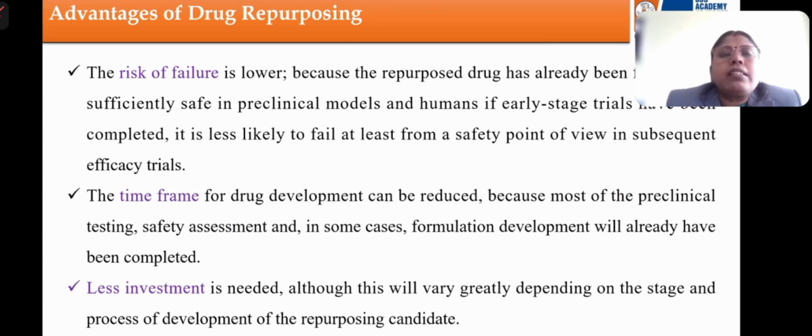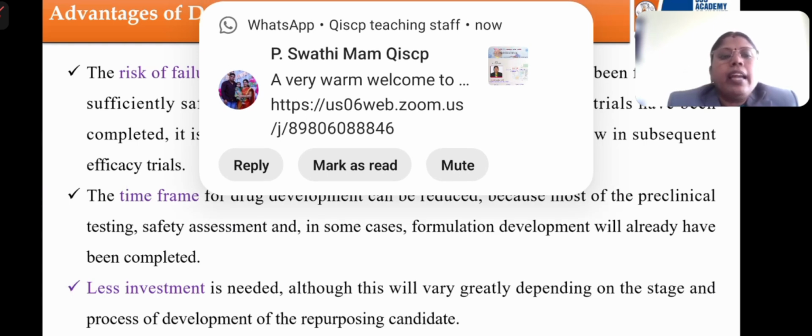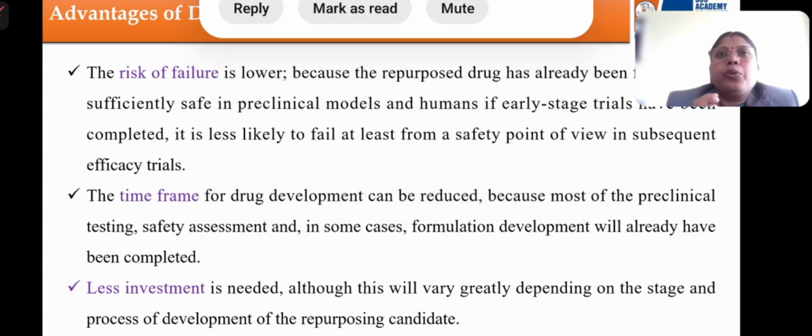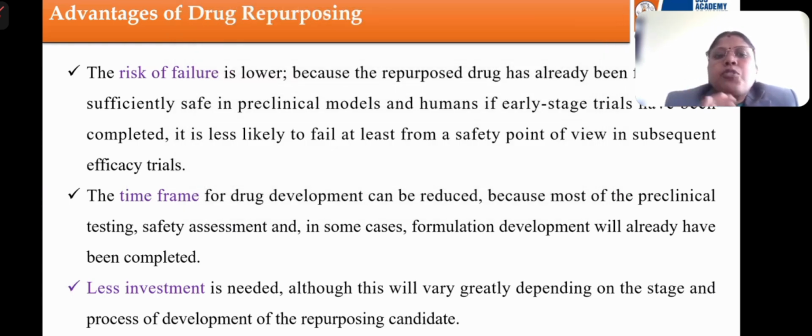The risk of failure is lower, because the repurposed drug has already been found to be sufficiently safe in preclinical models and humans. So we can skip phase 1 trials, assuming the drug is already proven for its safety. The second one, as I told you, is that the 3 to 4 year time frame for drug development can be reduced, because most of the preclinical testing, safety assessment, and in some cases